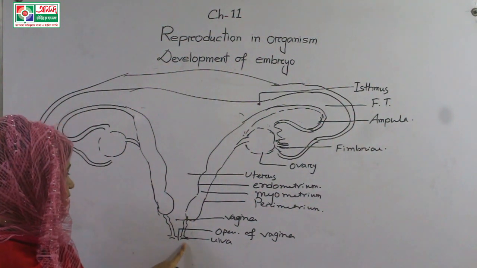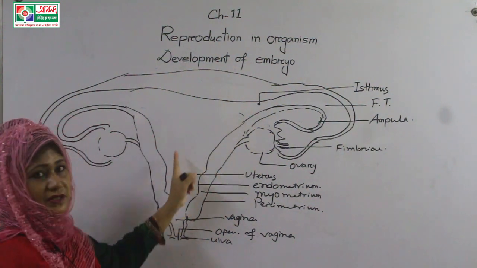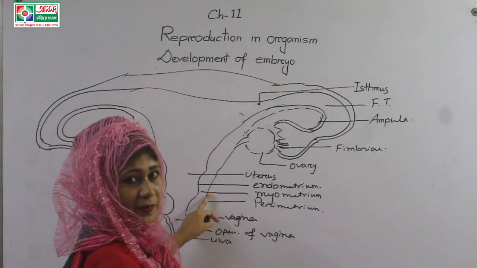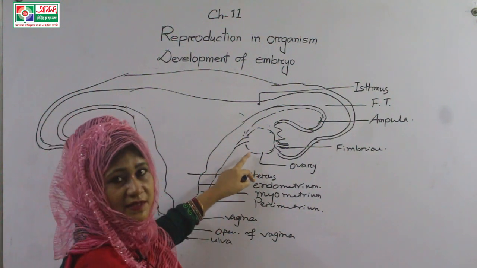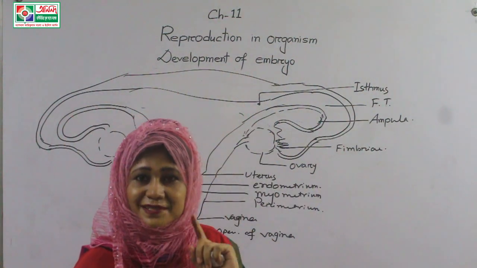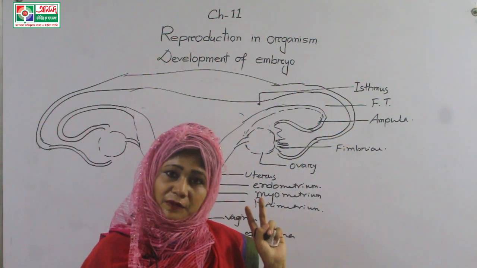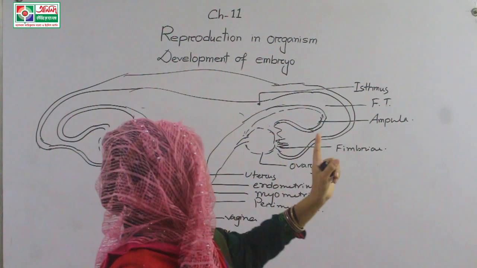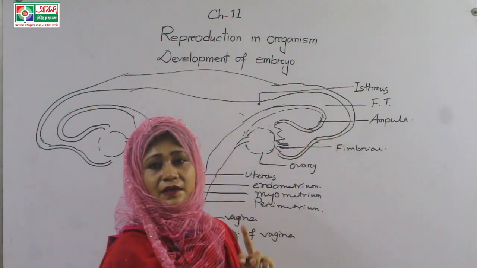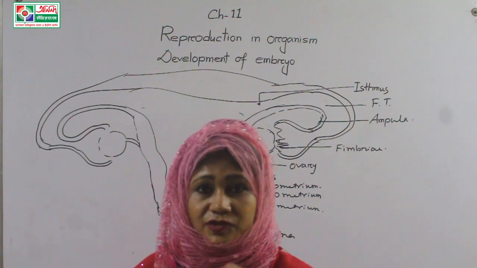So this one is the vulva, the opening of the vagina. This is the vagina, and the internal structure is known as the uterus. It has 3 layers: endometrium, myometrium and perimetrium. After that, this is the ovary. There are 2 ovaries. The narrower part of the fallopian tube is known as the isthmus. The full tube is known as the fallopian tube. The starting part is the isthmus, and the radiating, that means spreading part, is known as the ampulla. And the last part of the isthmus and the last part of the ampulla is known as the ampullary isthmic junction.